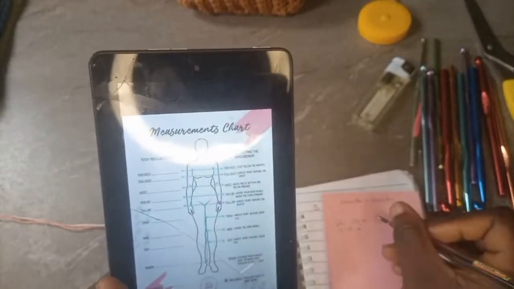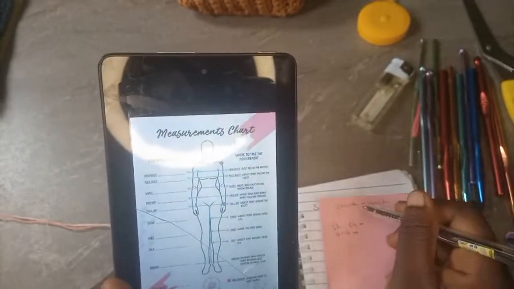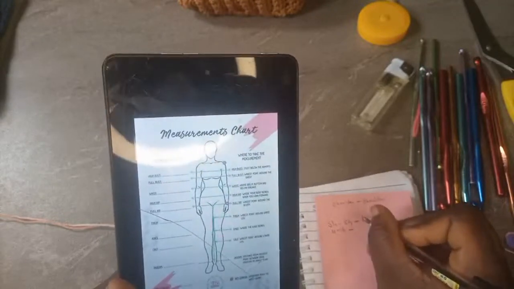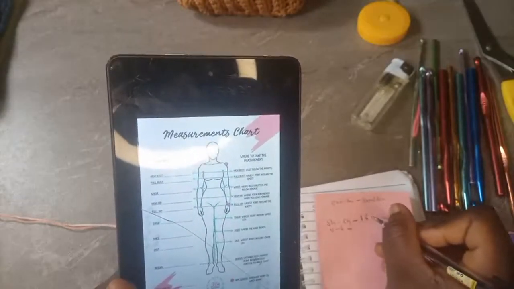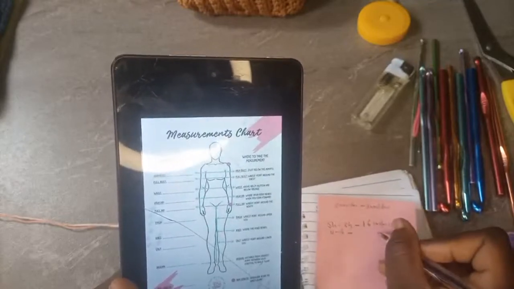Okay, so let's say our shoulder to shoulder measurement is my own measurement. My shoulder to shoulder is 16 inches. My upper chest length is 8.